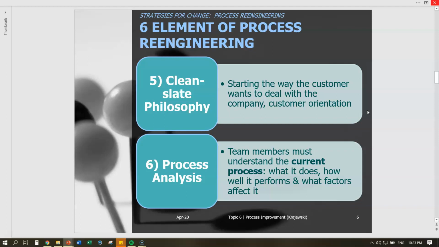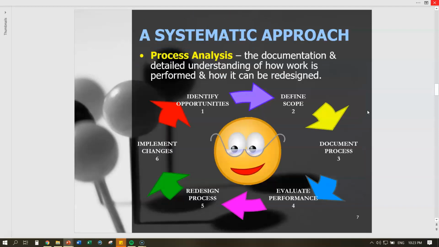Lastly is process analysis. So team members must understand the current process, what it does, how well it performs, and what factors affect it. Now let's look at a systematic approach on re-engineering. Salah satu perkara yang paling penting sekali untuk kita target untuk buat re-engineering dengan baik adalah by doing a good process analysis. Process analysis is the documentation and detailed understanding of how work is performed and how it can be